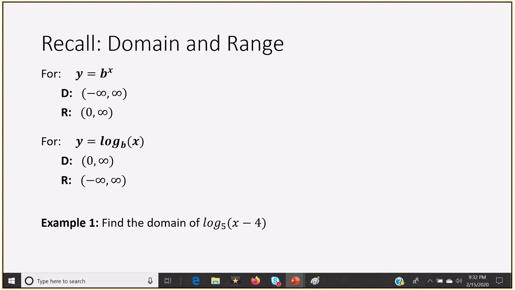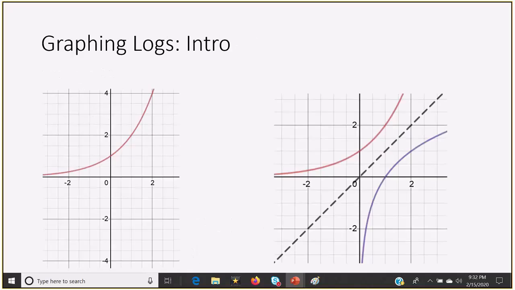I'm going to set it greater than 0. And then you just go ahead and solve. Add 4 to both sides. So my domain is 4 to infinity. Now, as far as just a very brief introduction of logarithms, the graph on the left is not